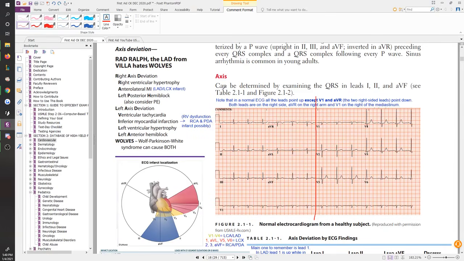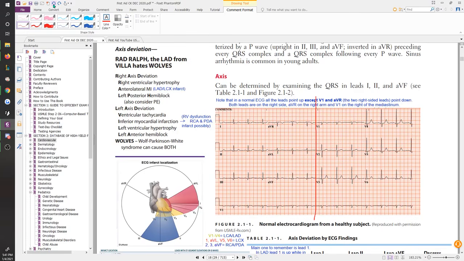Now we just learned William Marrow, which is V1 through V6 once again. One of the issues with those two guys, V1 and V6, is that V1 tends to be very tiny most times, and V6 almost always points up. Right? It's supposed to, it has to. The only ones pointing down are VR and V1. So if you're looking for William, I said that I like looking for the M. If you're looking for William, which is for left bundle branch block, you're going to be able to find the M here very nicely because V6 is actually really tall. So it'll just create a double thing and you'll see that M. You'll see it and you'll know someone has a left bundle branch block.